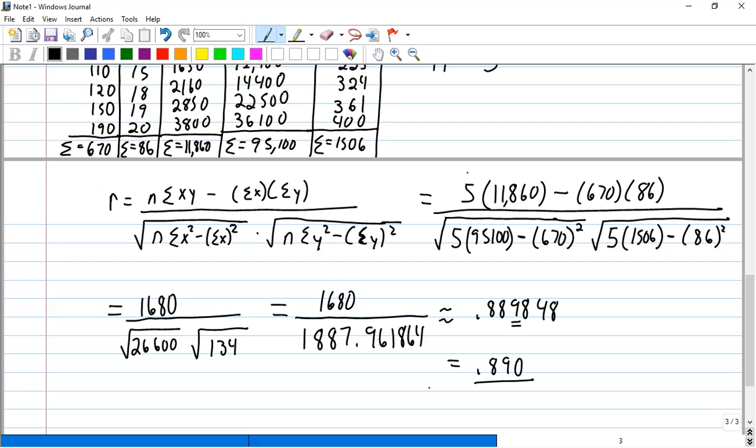Okay. Did you get the numerator and the denominator? I got the numerator. Probably not the denominator. Let's see. So, well, in this calculator, square root,